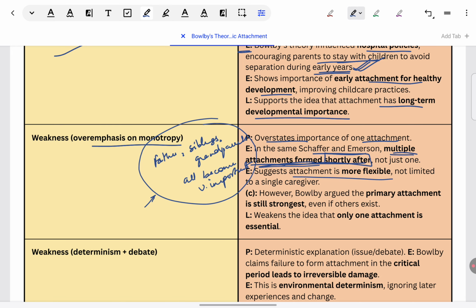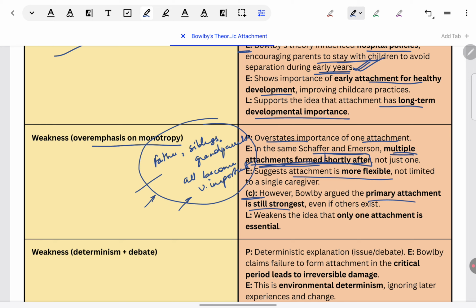You can take a simple example. A baby who's bonded well with father, grandparents, siblings has a good idea of how to interact with different types of people. So in adulthood also they'll find it easy to socialize and get along with others. That means even this is very important because social development is also very important. A baby who unfortunately has not had this sort of exposure to other figures beyond the mother might find it difficult to adjust with different types of people. So we need to give importance to these multiple attachments also, not just to the singular attachment. But we can give a counterpoint here. So this is the point where we can introduce a counter.